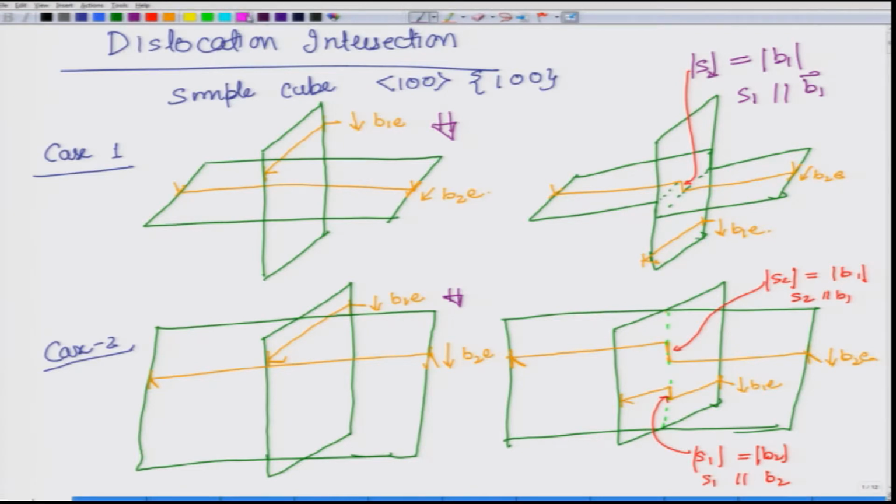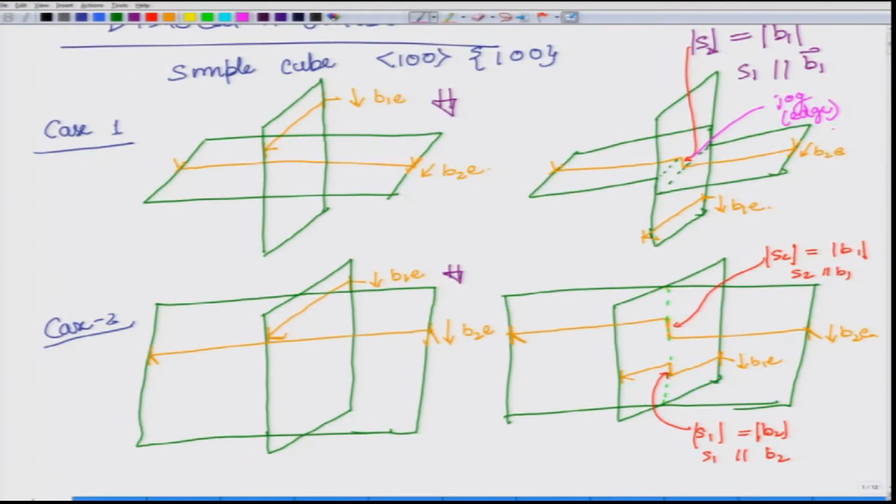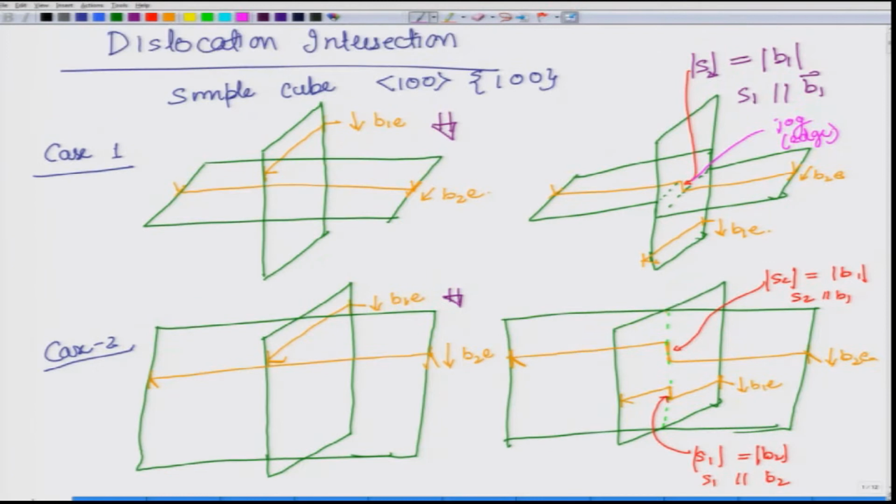So, the step here is a jog, and is it an edge dislocation or screw dislocation? So, this is the Burgers vector which remains perpendicular even at this point. So, it is an edge dislocation. We will come to the glissile and sessile part. Actually, we have already discussed, if you remember, but we will describe it in more detail later on. So, here now let us come to case 2.